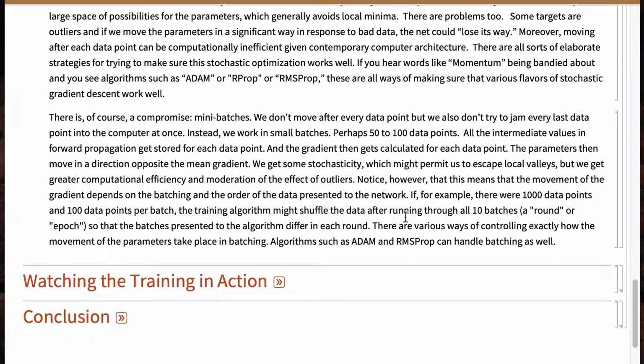The other thing you're going to want to do probably is shuffle the data each time you get through a whole round of it so that it's not always seeing the same batch. And the principles of Adam and RMSprop and the rest of the gang work on mini batching as well. All right, so your reward for having endured all this is you get to watch neural network training